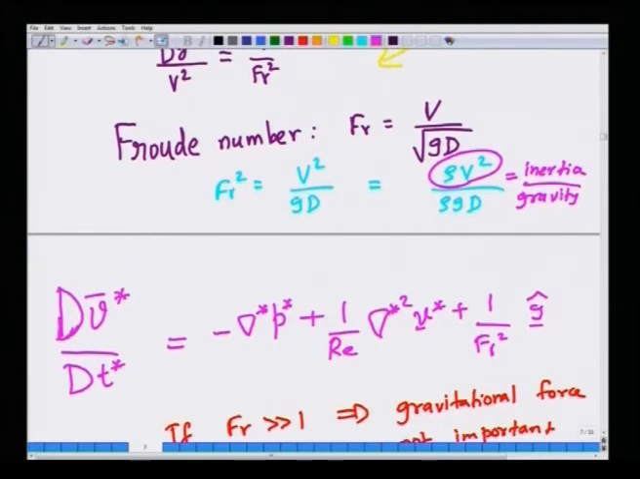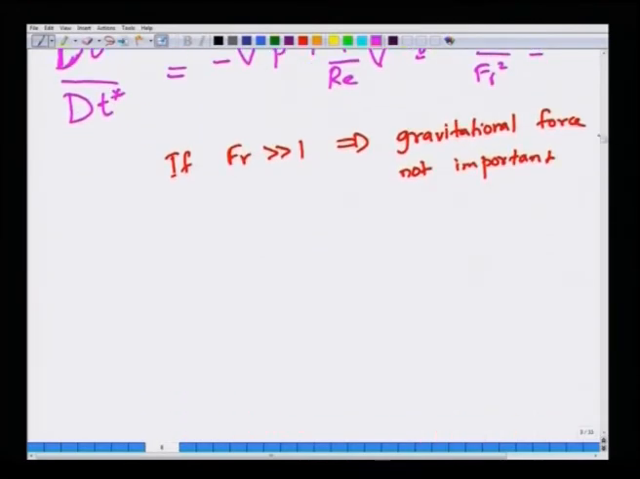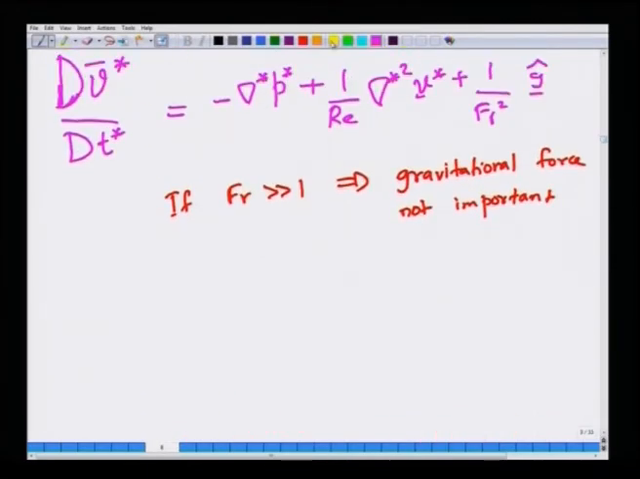So, when the Froude number is large compared to 1, then the inertial forces are much larger compared to the gravitational forces in a problem, while if the Froude number is small compared to 1, it is the other way around, the gravitational forces become very important. So, if you consider Froude number large compared to 1, then one can neglect this term. Okay. So, the Navier-Stokes equation will then become simply